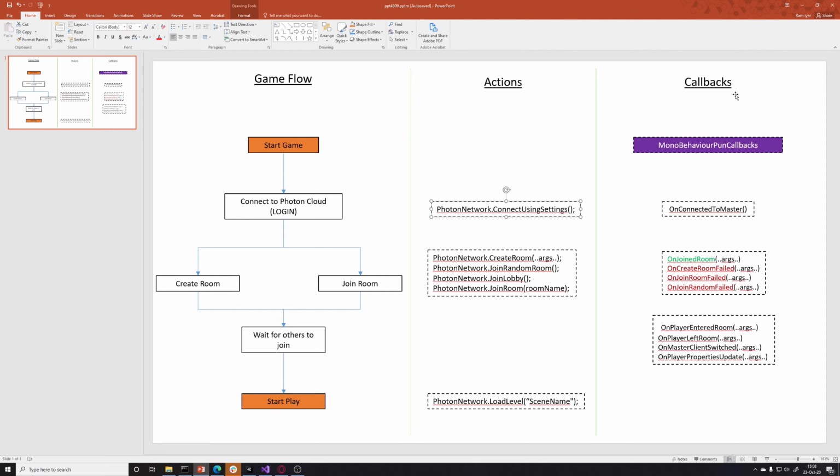What are callbacks? Callbacks are functions that you will call when your action is complete. So let's say that you have logged in, you have connected to the Photon cloud, then this function gets called. Now, to give you a little bit of background, the way this works is that instead of